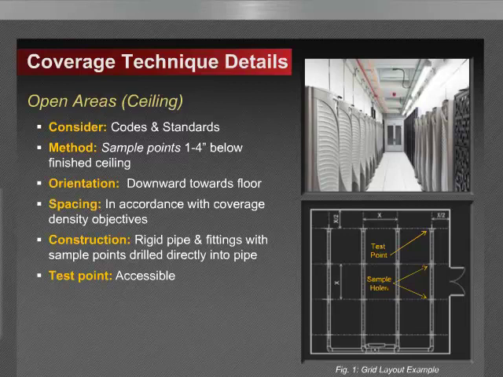So in other words, back to our acronyms here, SFD, standard fire detection at 900 square foot, early warning fire detection at 400 square foot, or very early warning fire detection at 200 square foot. So depending on what the sensitivity objective is defined for the space, you'll space the sampling ports in that configuration. Construction is typically accomplished using rigid 3/4 inch sampling pipe, supported every 5 feet, and labeled in accordance with NFPA 72. Sample holes or ports are drilled directly into the pipe network facing downward, and as we discussed earlier, a test point is generally brought down to an accessible level or location for benchmark testing.